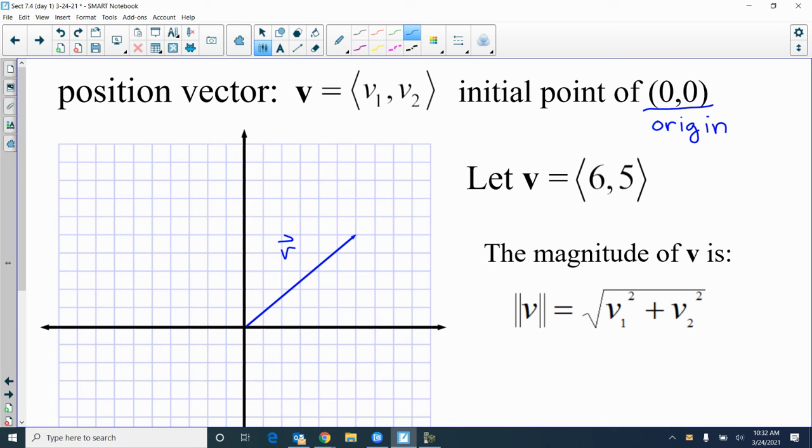Okay. Well, the magnitude of V is the length of V, and if you look at it, it starts at 0, 0 and ends at 6, 5. All you got to do is drop a perpendicular down. You make a right triangle. You don't have to go through all that because you're just going to do